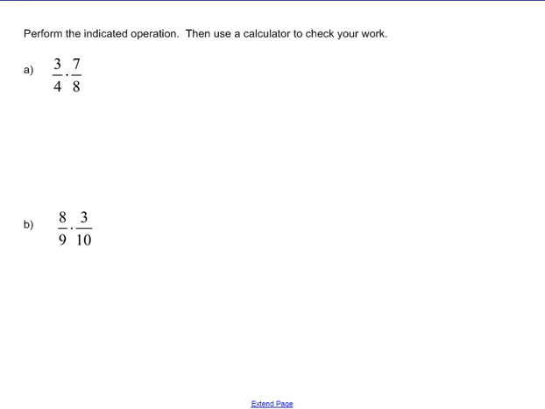Perform the indicated operation, then use a calculator to check your work. So for this first problem, we want to certainly pay attention to what's the indicated operation. We see the multiplication dot there, so we know that we're going to be doing a multiplication problem, or a product. So when we multiply fractions, the basic idea is to just take numerator times numerator